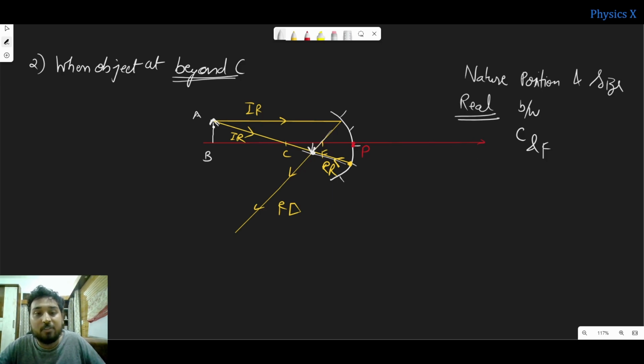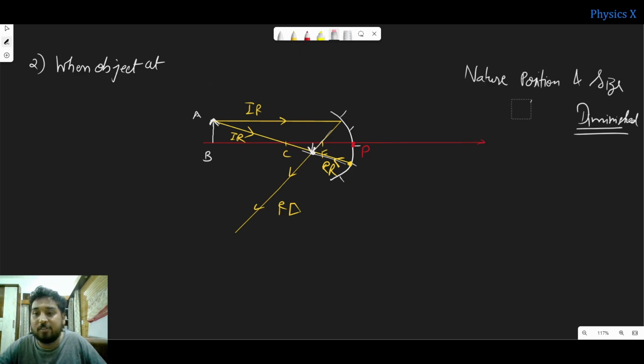And what is the size? Obviously, the object was this much large, so the size is being reduced. We can say that the image is diminished. Right. Similarly, we can now take the further cases. So now let us consider the case when the object is brought further nearer to